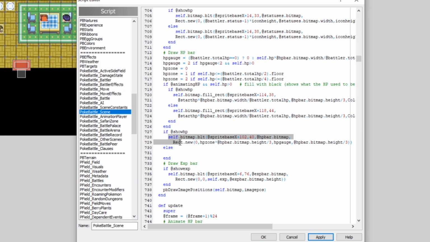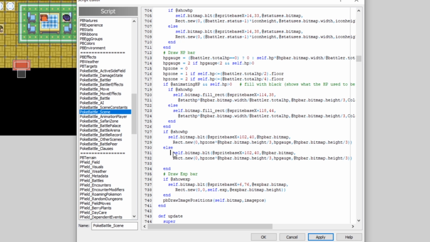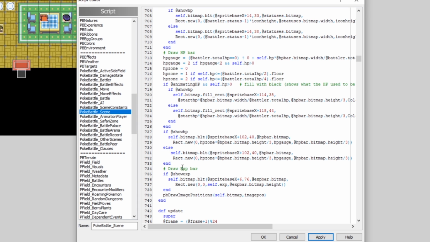Cool. So let's take a look at how we can modify this rectangle now. Plop this sucker in. Okay. Let's delete this as well. Okay, cool. So if we're showing our health, then the bitmap there should be at 114 and 38. You'll notice that these values are matching the exact same values that we had up above. So this is meant to be like the background, I believe, for our health bars. It's a little bit complicated, but